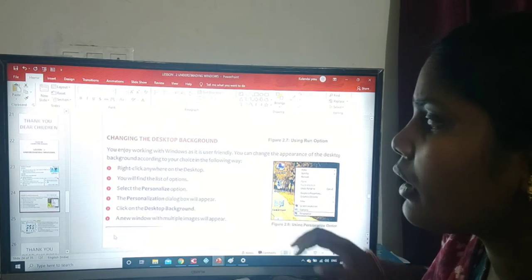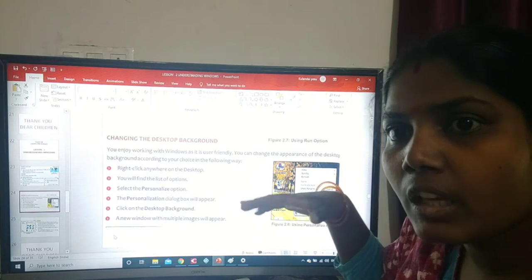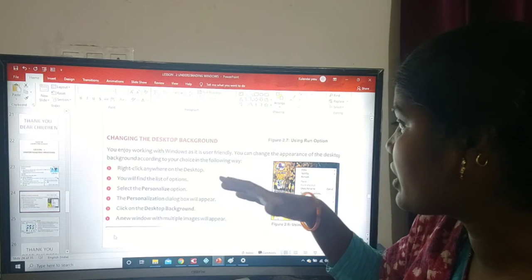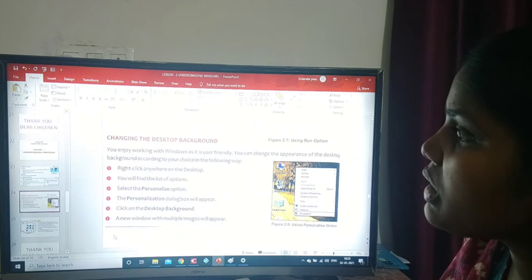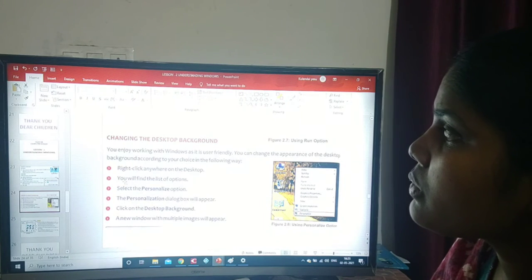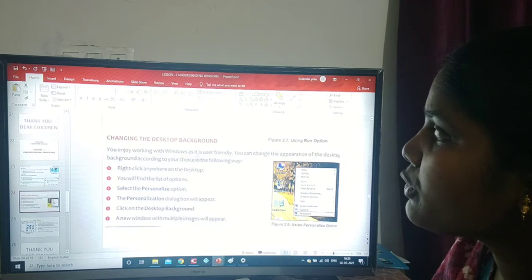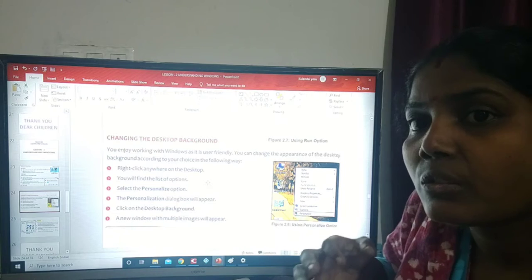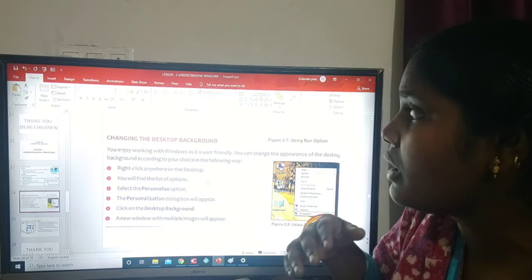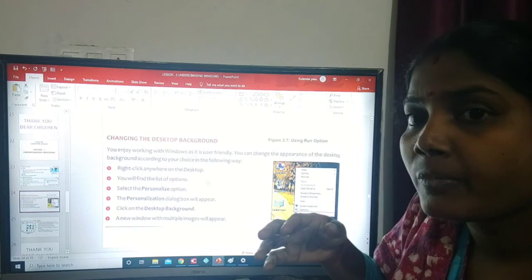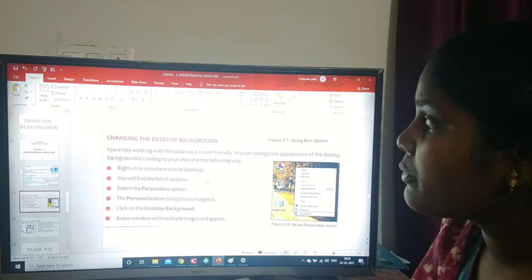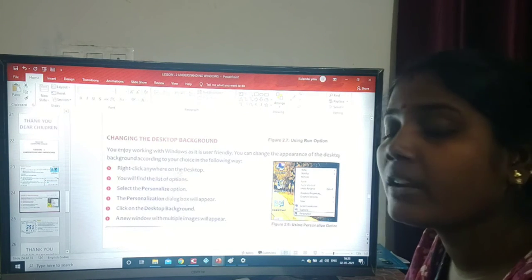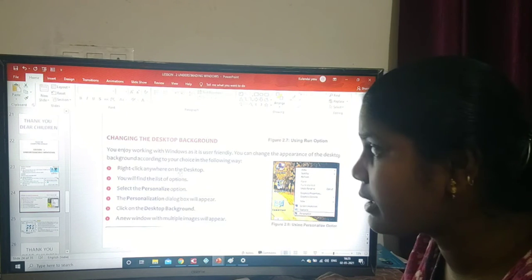Automatically, after some time, my desktop picture will be changed. You enjoy working with Windows as it is user friendly. Now we know how to change our desktop background. For that, first we right click anywhere on the desktop.